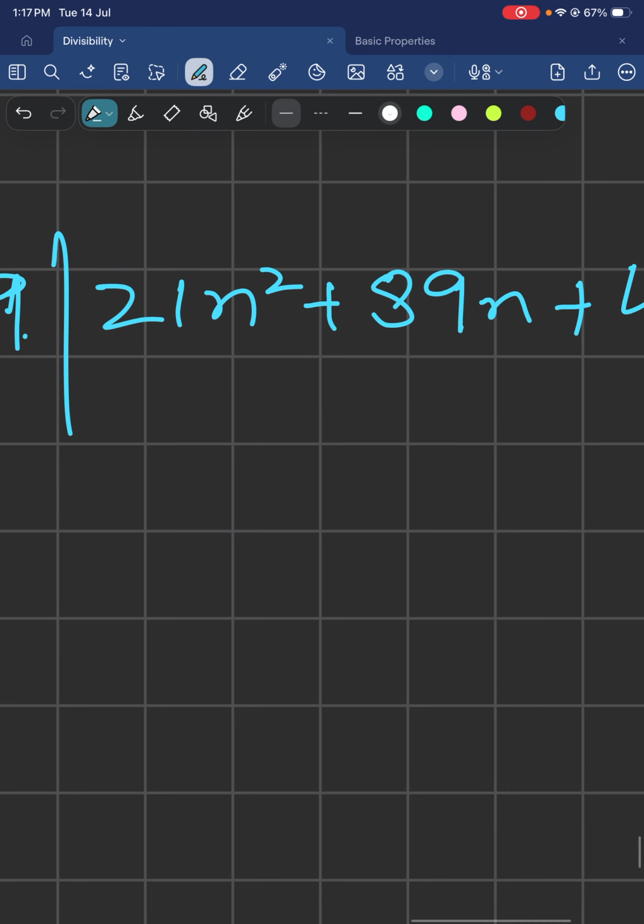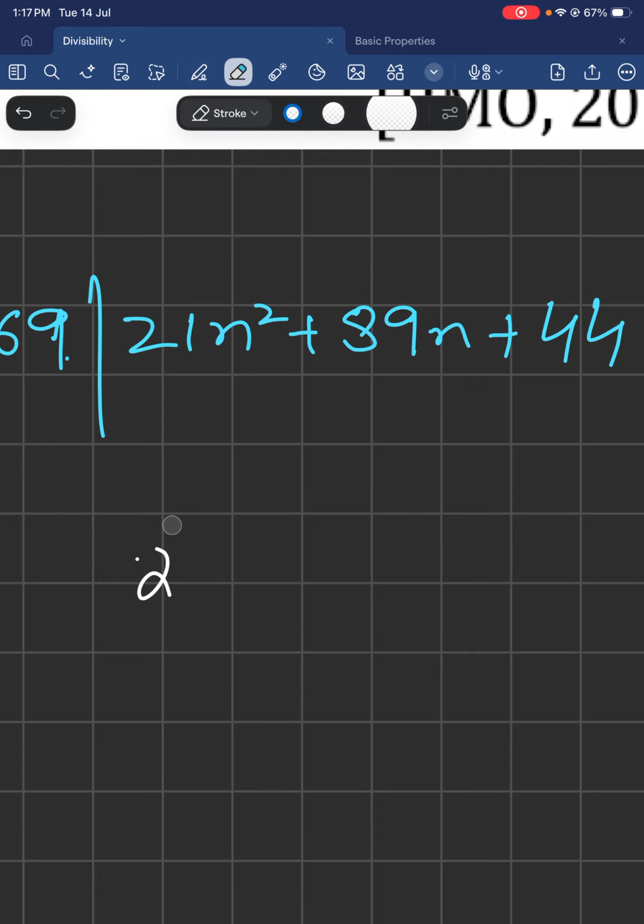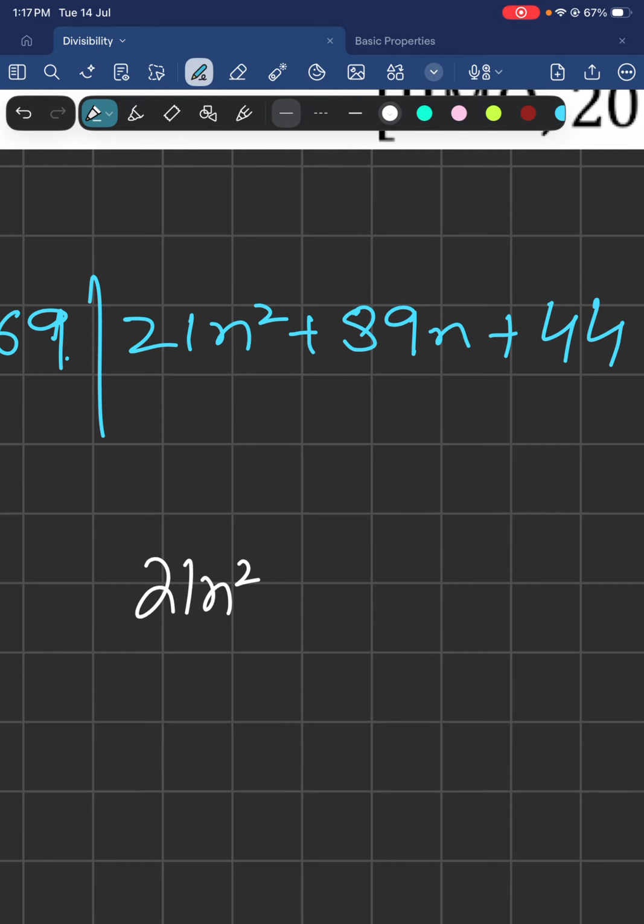So let's try and factor it out, because I have always told you, when dealing with number theory problems, try to make products rather than sums, rather than leaving it as addition and multiplication, try to make factors. So let's factor it out. And if you factor it out, what can we do? Like here we can